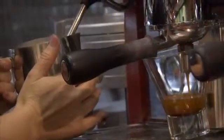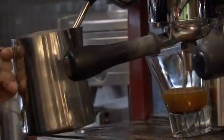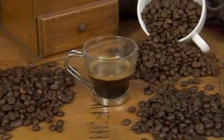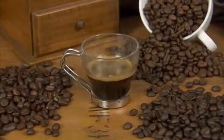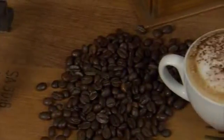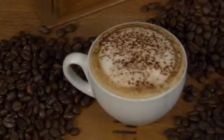Caffe espresso is brewed by forcing hot water under pressure through finely ground coffee. This process produces a highly concentrated shot of coffee, which actually forms the basis of many other drinks, such as a macchiato, which is simply a shot of espresso marked with a small drop of steamed milk. The most well-known Italian-style coffee is, of course, the cappuccino, and this cultural flavour of Italy has become increasingly popular